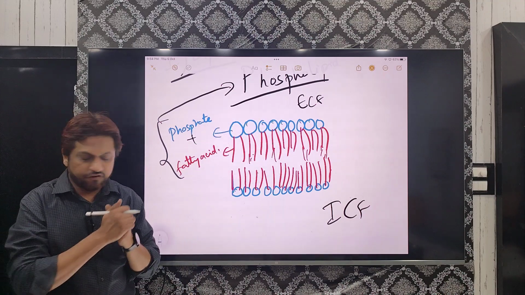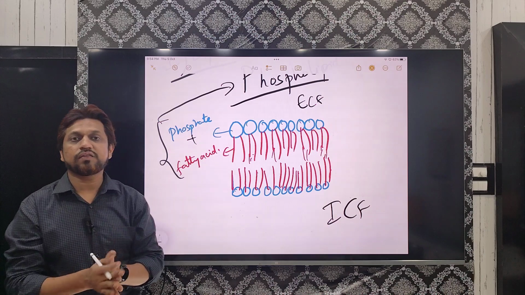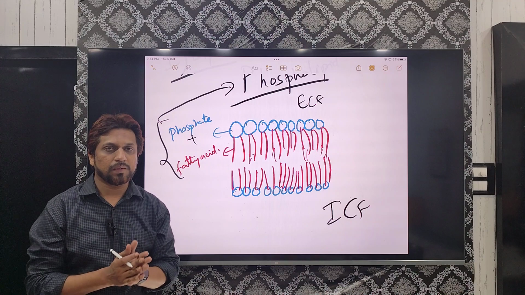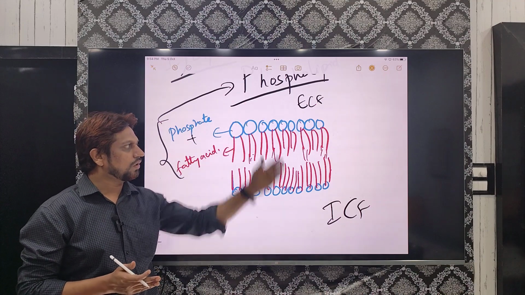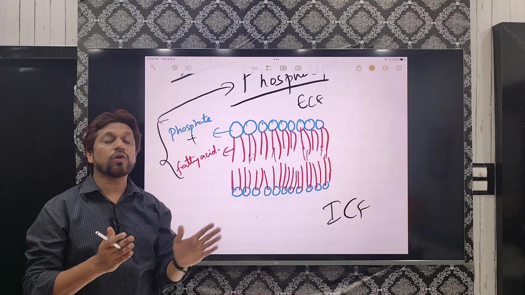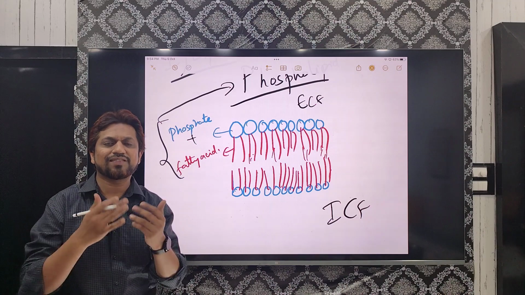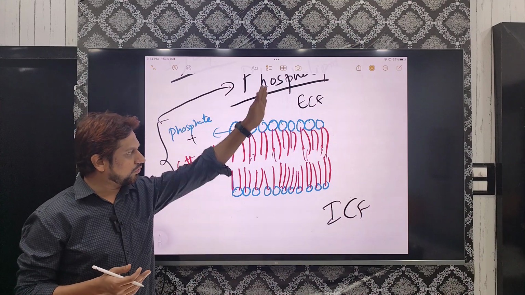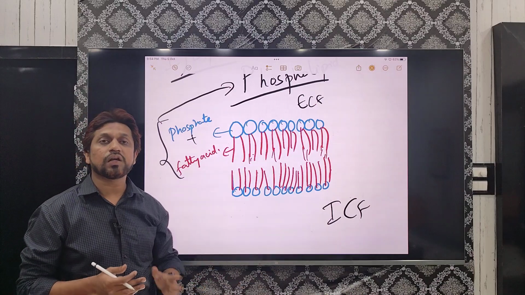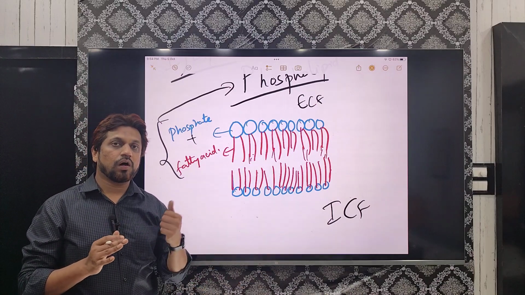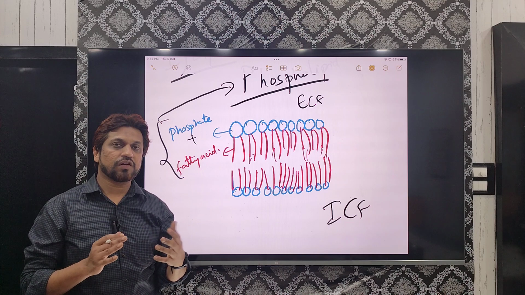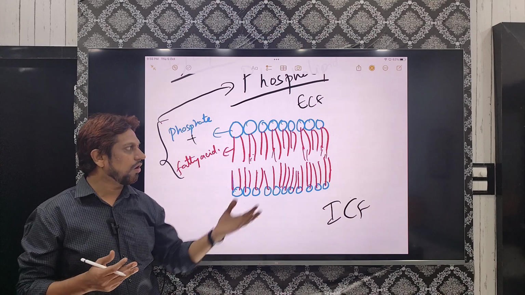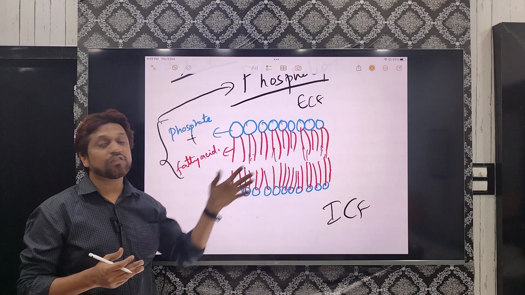The basic function of this lipid bilayer is that it acts as a semi-permeable, or more specifically selectively permeable, membrane which allows only lipid soluble substances to pass through by diffusion, examples like oxygen and carbon dioxide. Whereas aqueous substances, or larger molecules like glucose and urea, can't diffuse through this membrane.